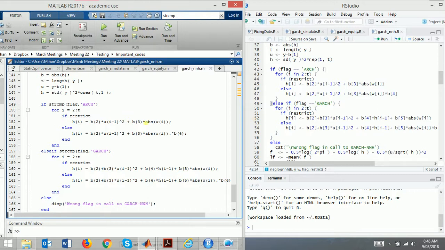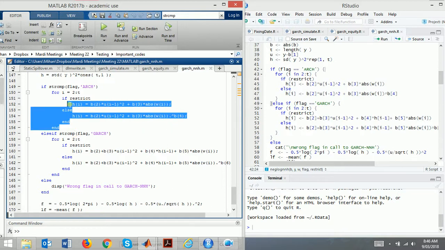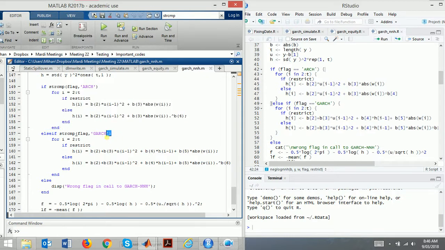So string comparison flag, string comparison flag 2 to t, if restricted, which is if i equals 1, then this is our equation, absolute value of omega 1 i, and if not, then we just square with our phi. And the if function ends here, also the for loop ends here, else if our flag is GARCH,